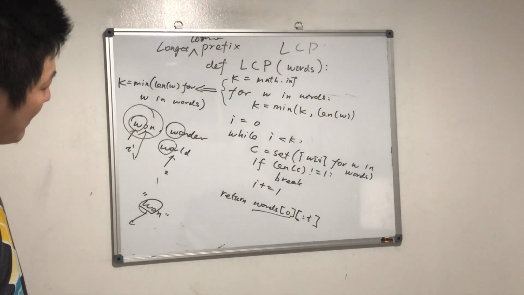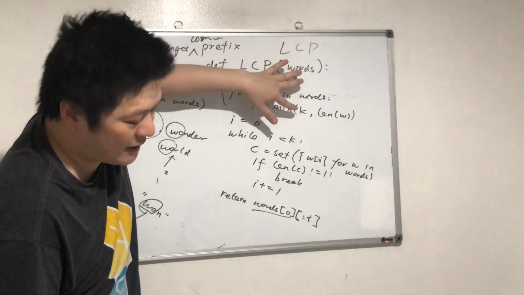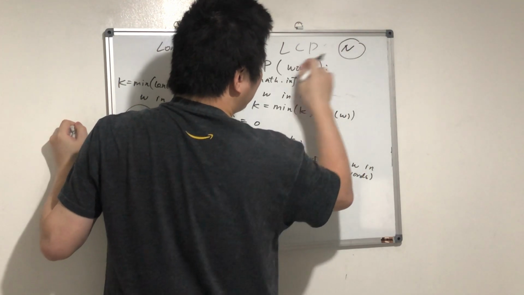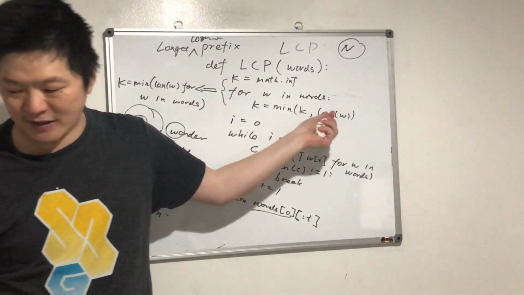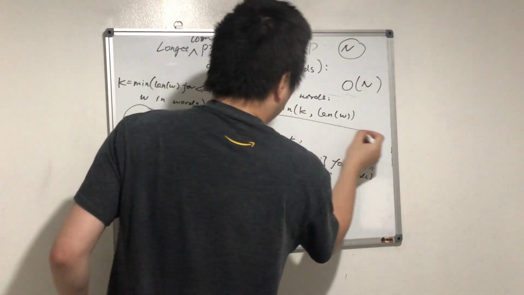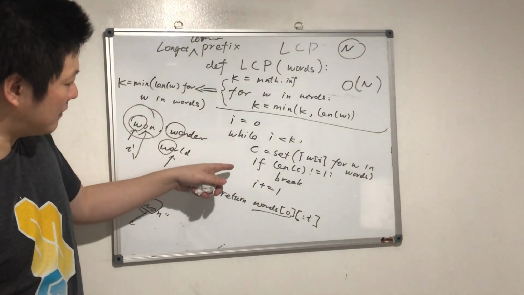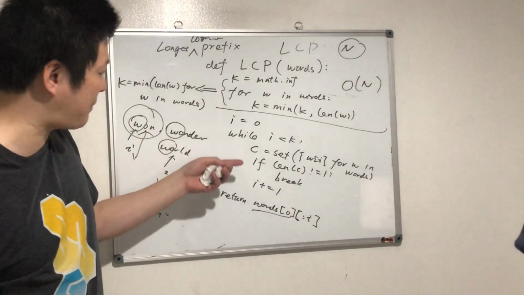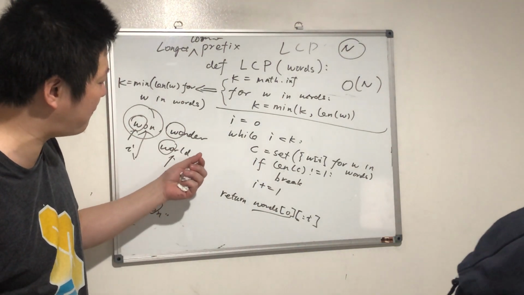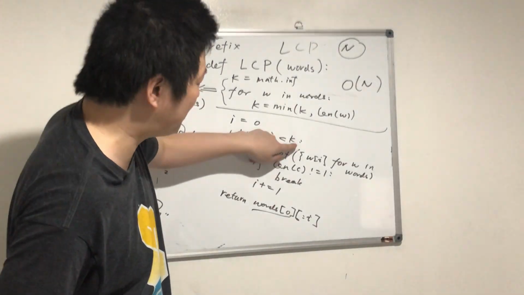What's the complexity of this part? If there are n strings in words, what's the complexity? This part is O(1). Now the last part: what's the time complexity? This part checks k times, right? And because we need to check k characters, and for this one we need to iterate n strings,